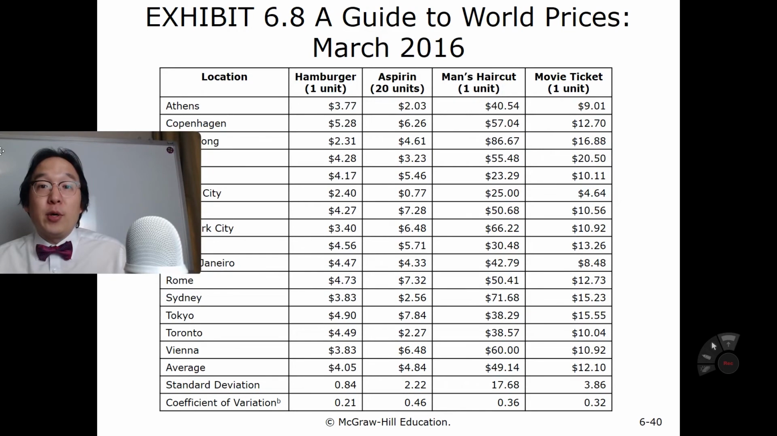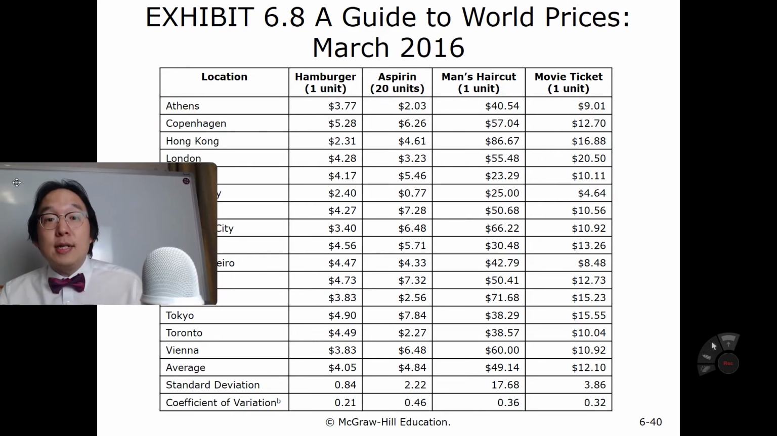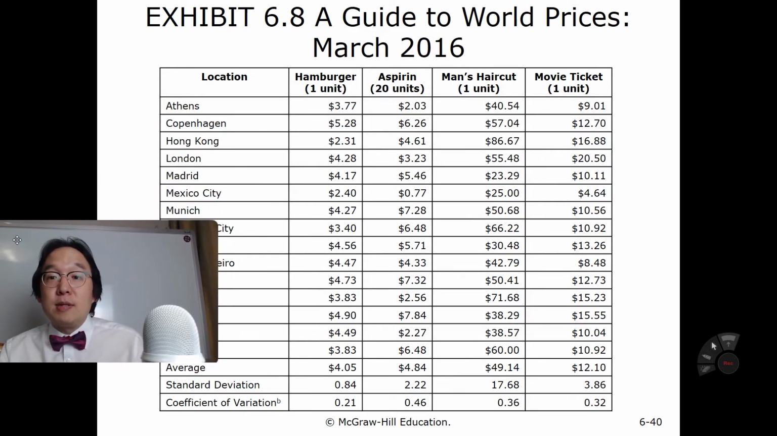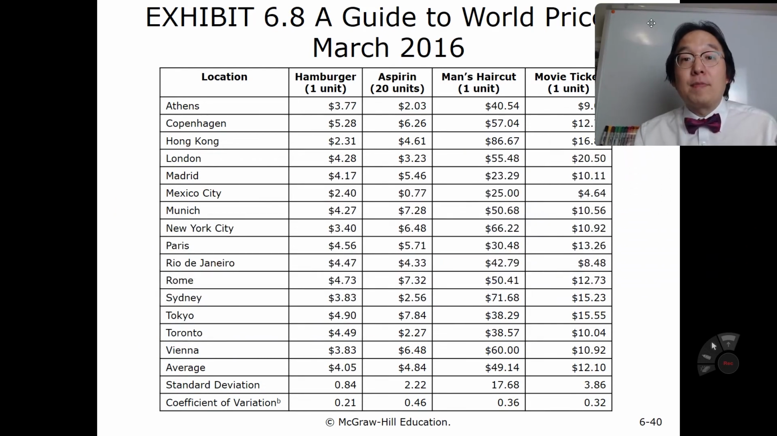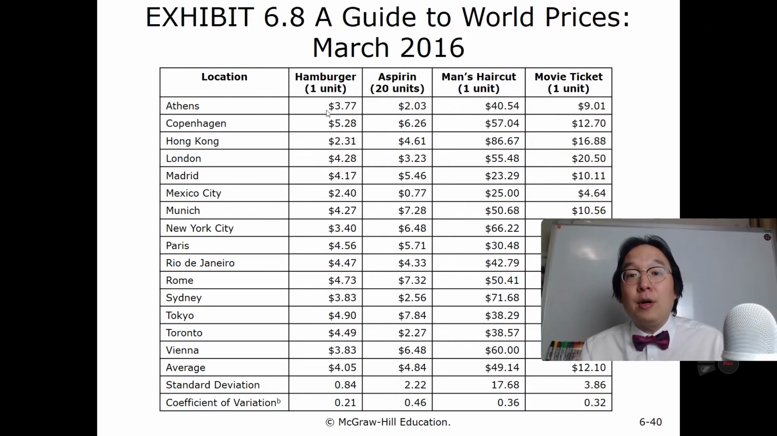Exhibit 6.8 gives a guide to world prices. This is the Big Mac index, right? The same hamburger priced in different currency regimes and then converted into US dollar terms. And then how much would that be? Okay, and then you see hamburger and then aspirin, 20 units. Isn't it the unit of aspirin that